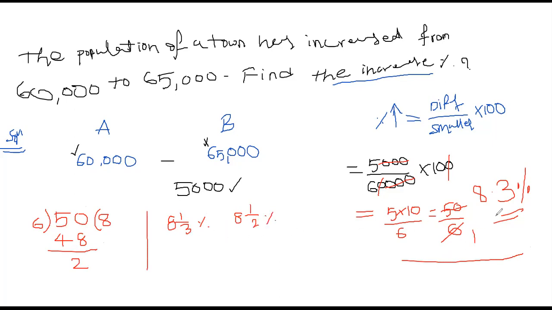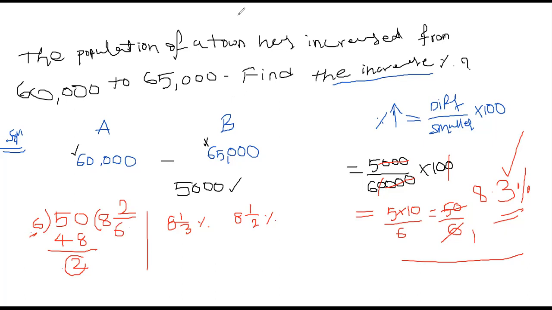Here there is no point. If there is a point, you have to do the answer like this. If there is no point, what to do? Here, when the remainder is less than your divisor, then you write the 2 like a mixed fraction, 2 by 6.